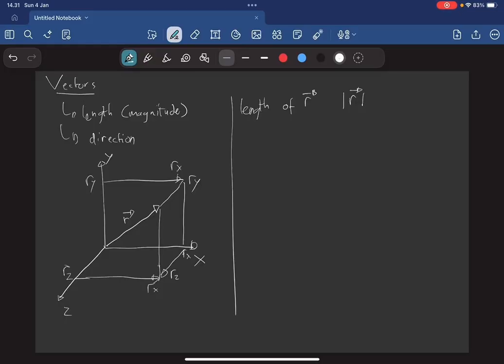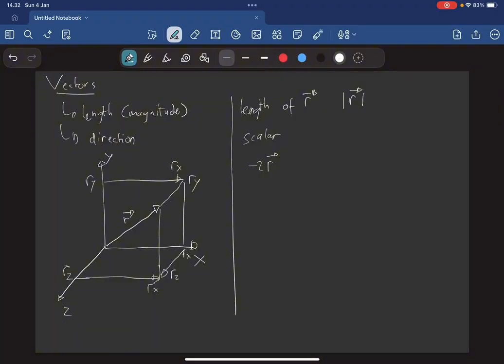Here are some operations that can be done with vectors. First of all, you can multiply them by ordinary real numbers. When dealing with vectors, you will often see such real numbers given the special name scalar. Multiplying by a positive number just multiplies the length of the vector by that number, but you can also multiply by a negative number, which reverses the direction of the vector. For example, minus 2 multiplied by vector r is the vector that is twice as long as r, but points in the opposite direction.